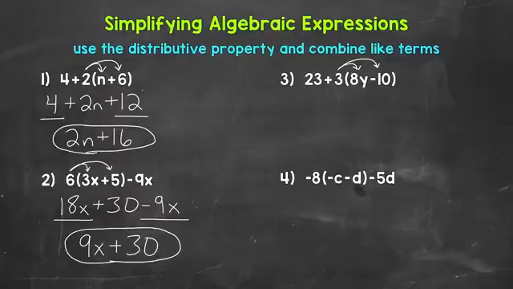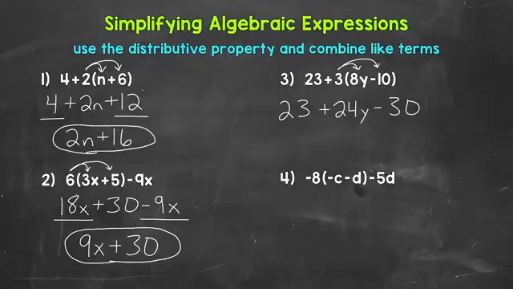3 times 8y gives us 24y, and then 3 times negative 10 gives us negative 30. This is a positive 24y, and then bring down the 23. Now, as far as the distributive property and subtraction, we can also think through that as 3 distributed to 8y,